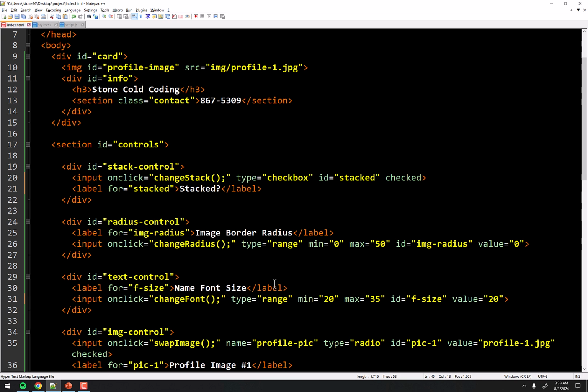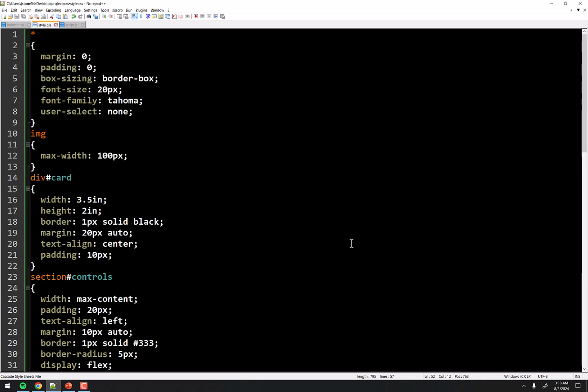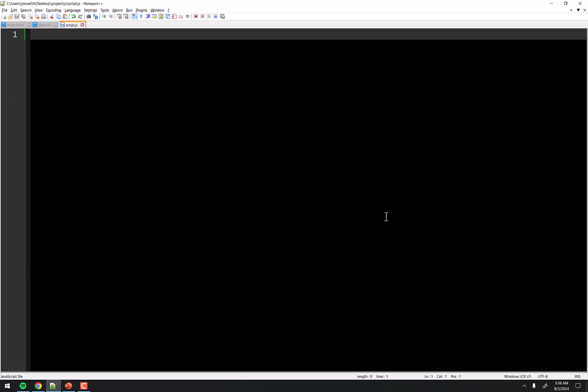But this is going to pretty much stay the same, but we will be referring to it because we have to look at the names of our functions that we made and everything. The CSS, I'm going to show it to you in a flash. Not much here. It's just styling up what you see on the screen over there. But here's where we're going to spend our time today.